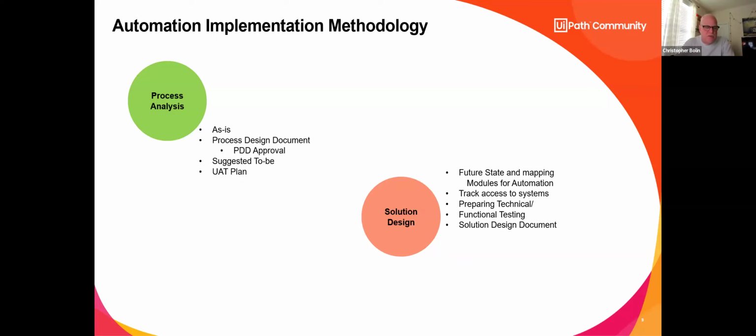Process analysis. This is where we're doing the PDD. This is where you can do benchmarking. You can do research into the industry. What's the normal process? How long should this take in other companies? How do other companies do this? A little bit trickier because you're not going to get a lot of company secrets unless you want to go into the whole espionage thing.